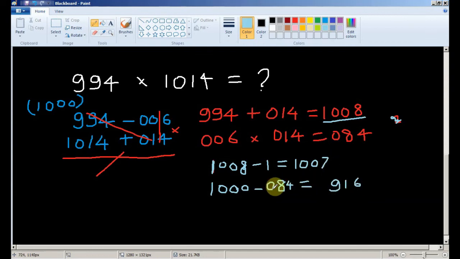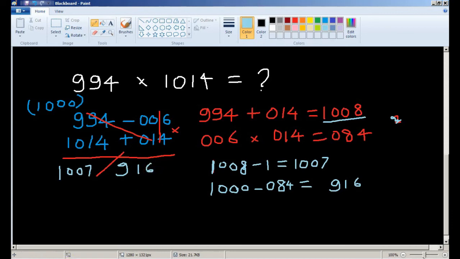You got your first number, and that is subtracted by 1. This is the result of subtraction from the second part. Base minus the second part, and then you get the final answer. Simply write down the answer. So there are only 2 steps more. If you get a combination of differences, where one number is greater than the base and another one is less than the base, then you have to do these 2 extra steps to get the answer. So this is going to be 1007916.